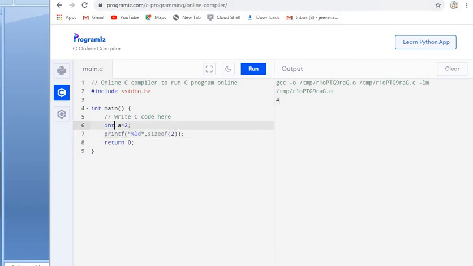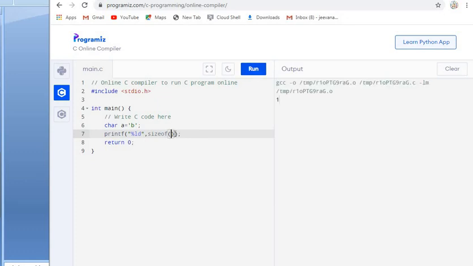Let us see the case of character. A character should always be represented in single quotes, so I'm initializing it with 'B'. So sizeof 'B'. The size of a character is 1 byte, so it should return 1. Next I'll also take a variable here.